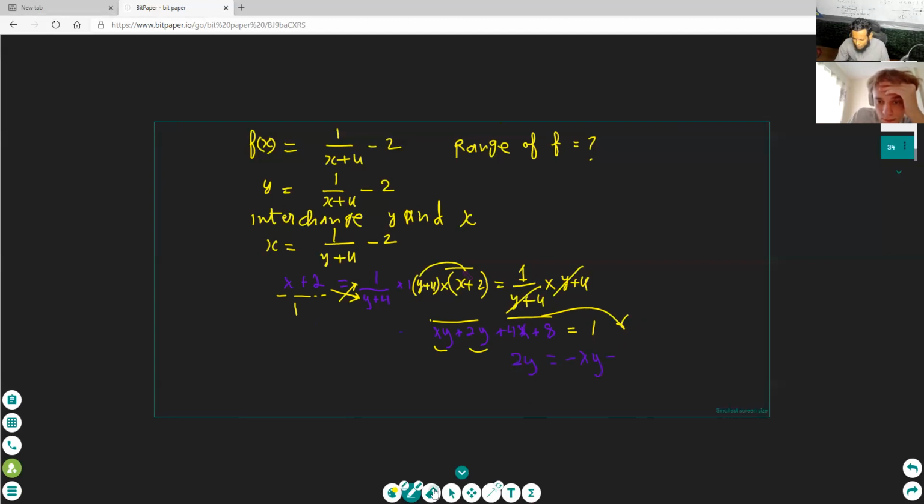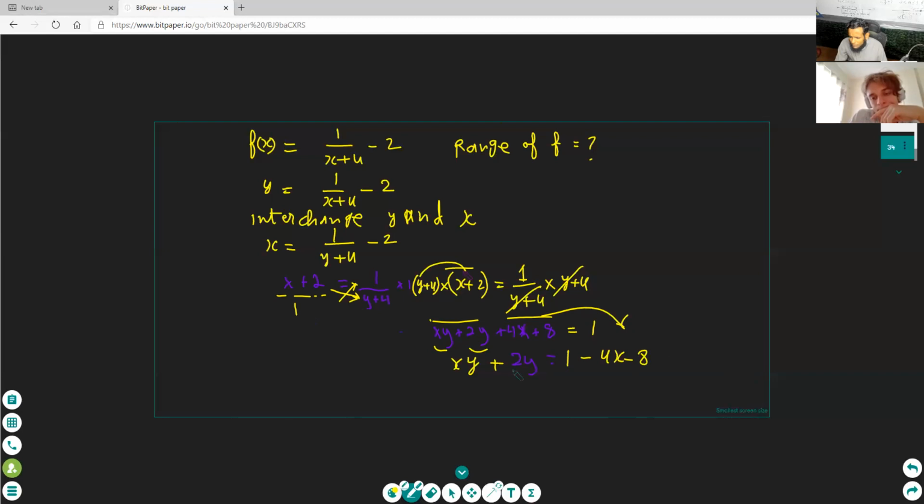You are doing something wrong, okay? You should put this here, because we need the y terms to be here, okay? Xy. You should move the other terms that have no x, no y, okay? The term 4x plus 8, move 4x plus 8 to this side. 1 minus 4x minus 8, okay?